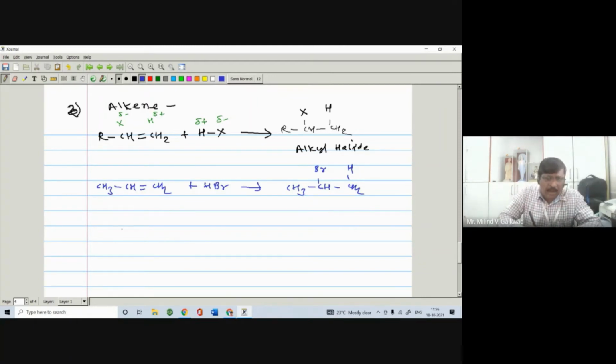If you see the reactivity of the halogen acids, HI is more reactive than HBr, than HCl. Right? This is about the reactivity of hydrogen halide towards the alkene compound. If you see this reaction, you will see that HBr can actually attack in two ways. The negative part can attack on the carbon having the lesser number of hydrogen atoms, and also on the one with more hydrogen atoms. But the addition is governed by the Markovnikov addition rule.